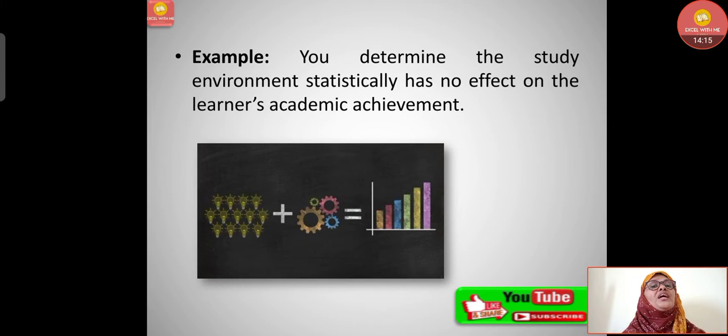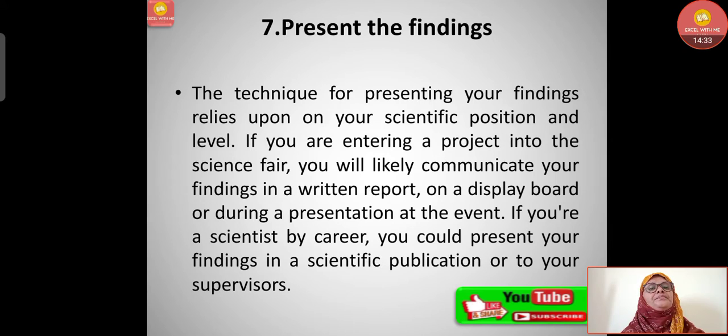Let's see the example. You determine the study environment statistically has no effect on the learners' academic achievement. This should be the conclusion of your research. If this conclusion is not there, then you have to go back to the 4th step and start experimenting again to prove yourself. Now the 7th and last step,